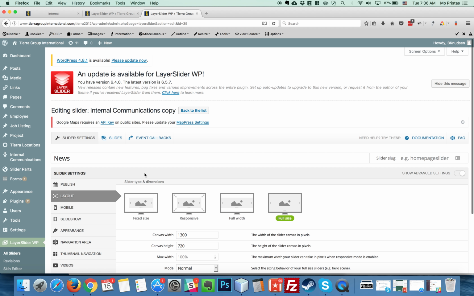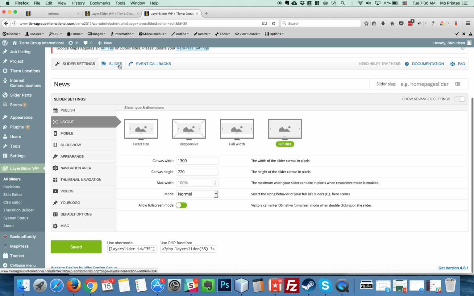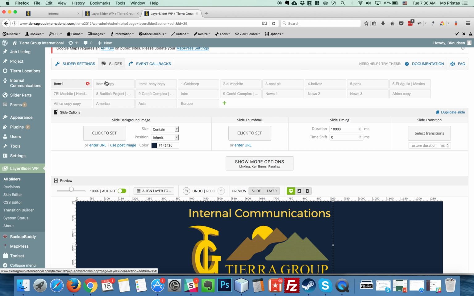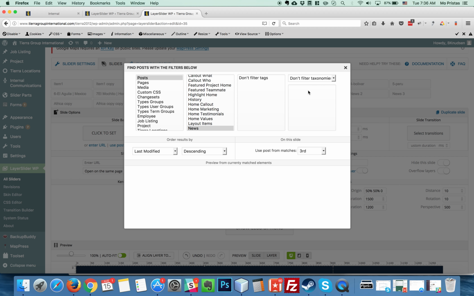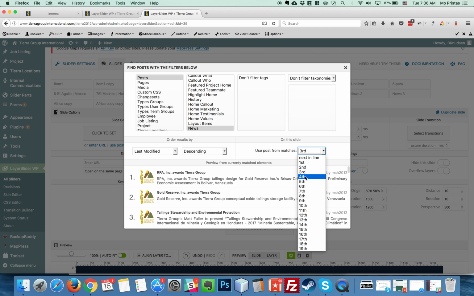So what we would do is we would go in the slides, and we see one item, two items, three items. So let's just copy the last item. So we would duplicate it,